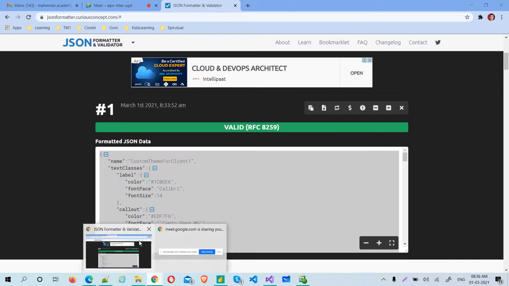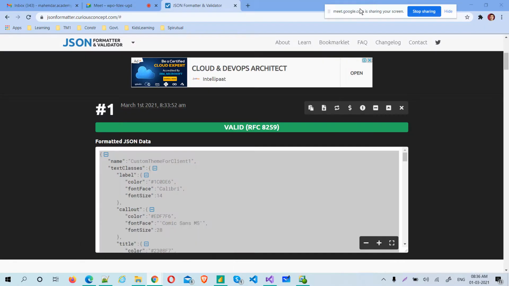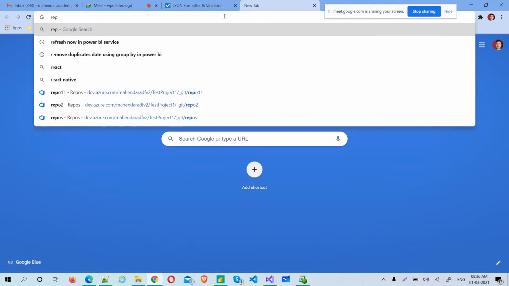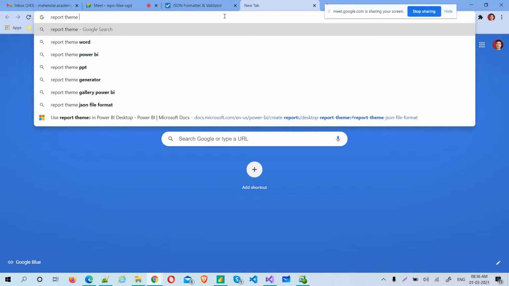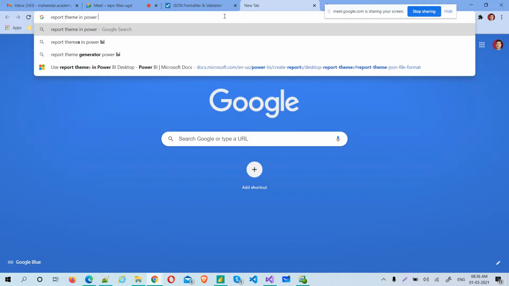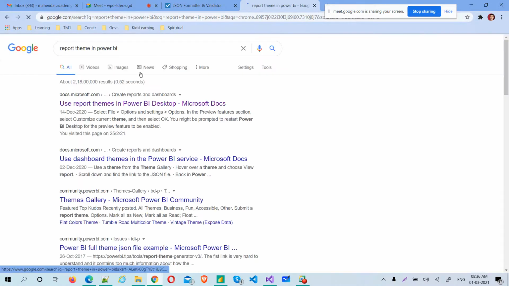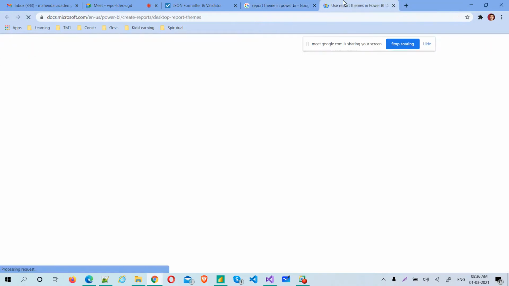You can search for it in the Microsoft Docs on Microsoft.com. Search for report theme in Power BI. You will get the docs.microsoft.com link, then open it up.